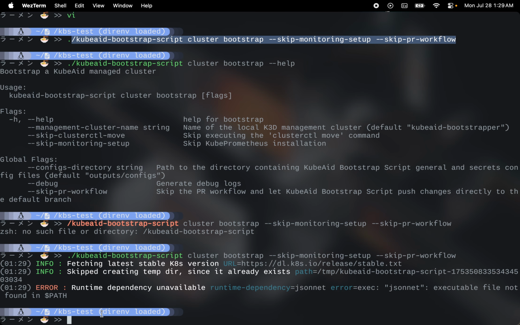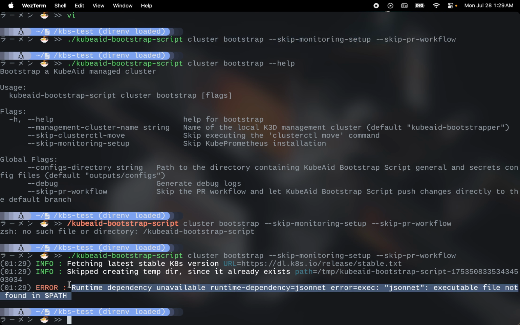Yeah, so it prompted me that the runtime dependency is not available, right? I should iterate on this and report all the runtime dependencies at once that are not available. For now, it just reports one and then exits. So I'm going to copy